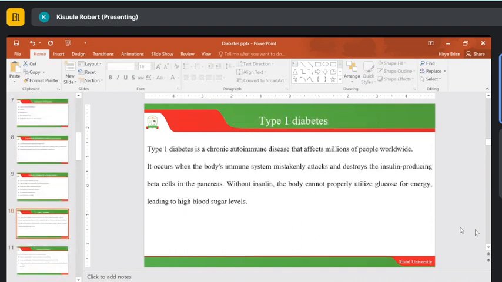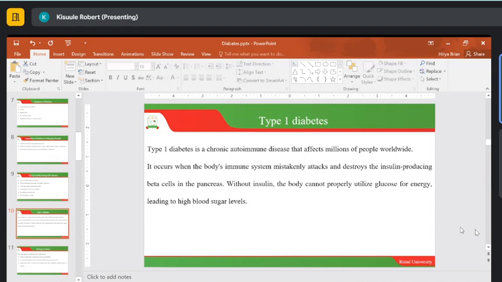So type 1 diabetes, like I said, is a chronic autoimmune disease. And when we talk of autoimmune, here we are talking about the body failing to recognize its own cells. There are a lot of autoimmune diseases. If you get interested in that, you will go and look at it, and it has been able to do a lot of damage. Autoimmune diseases have been found to lead to blindness, okay, because the body will start fighting itself. It will start secreting antibodies against itself.